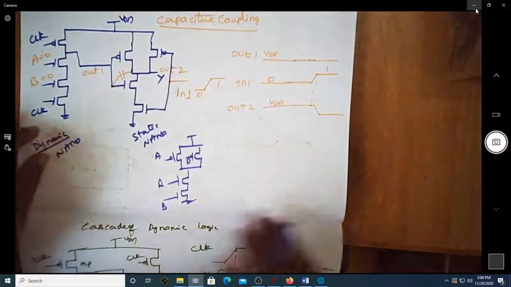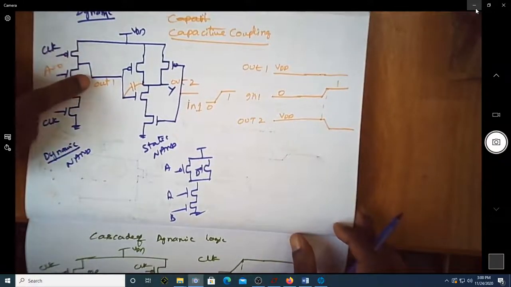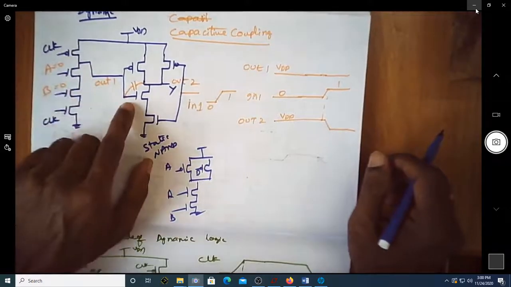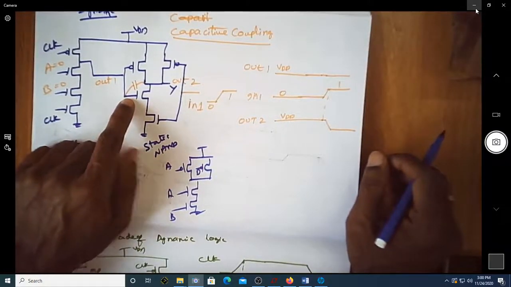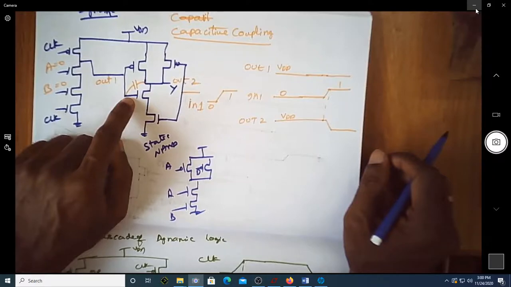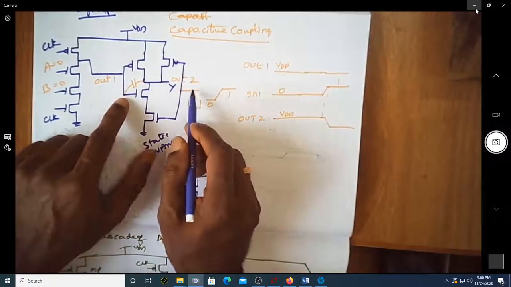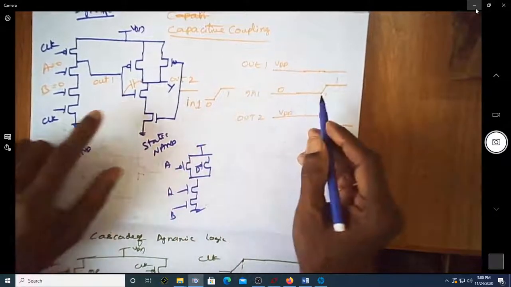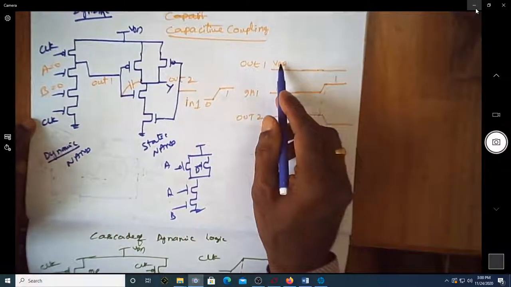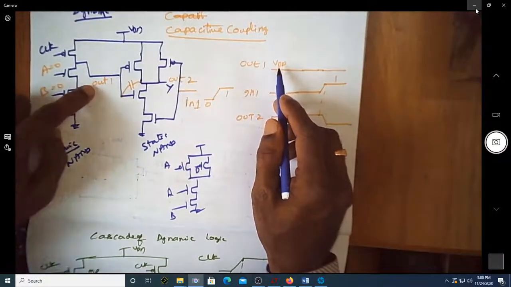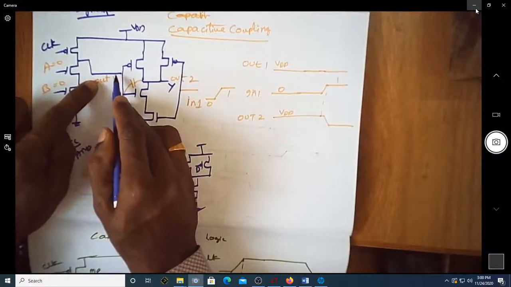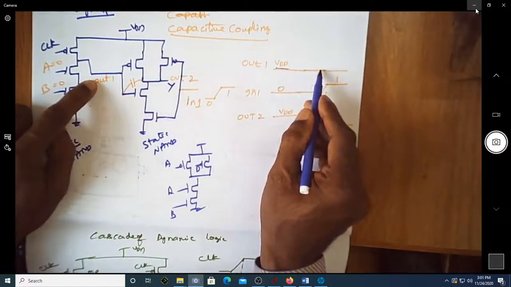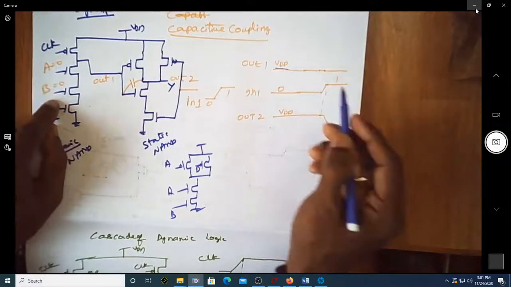So this is a static NAND gate. You can see the output of the previous dynamic NAND gate is given as one of the inputs for this. Let us see what happens when the other input of this NAND gate is 0 initially, and this is going high. Just see what happens here. Output 1 happens to be one of the inputs for the second NAND gate. This is VDD here, because A and B are 0 0.